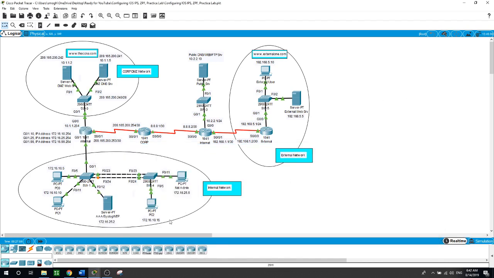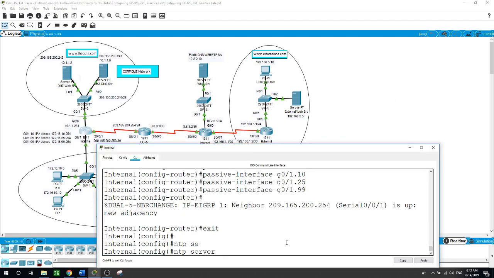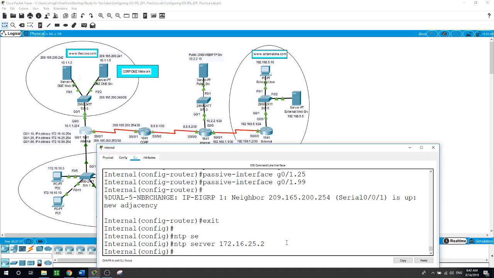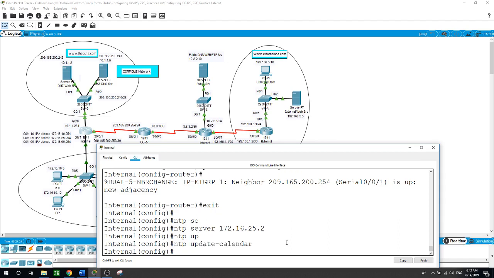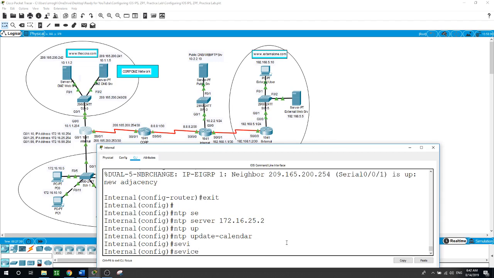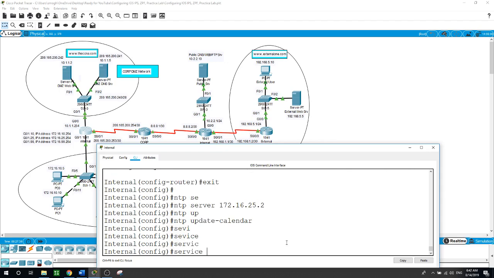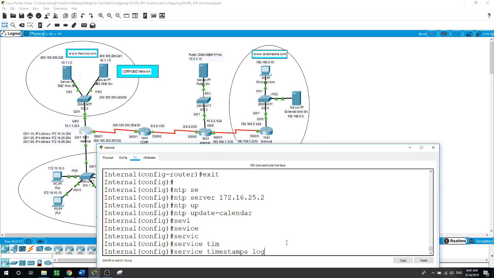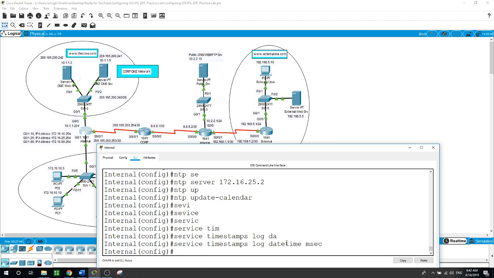This is our NTP server on this IP address 172.16.25.2, and to update NTP, sorry about that, NTP update-calendar, service timestamps log datetime msec, and the logging host of 172.16.25.2,